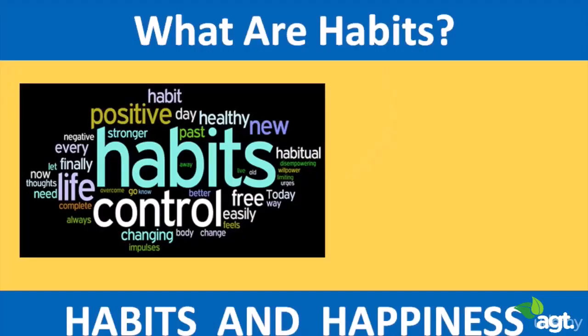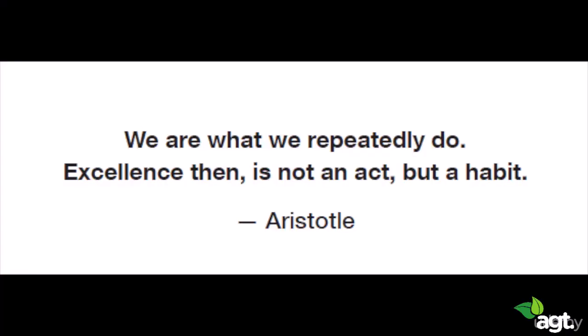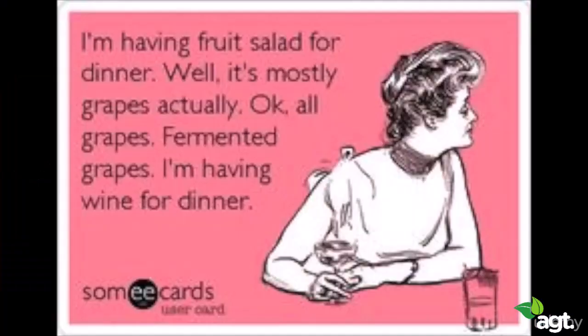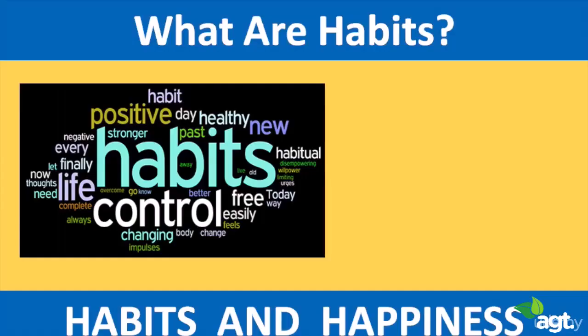So what are habits? Habits are things we do automatically, thoughts we may have, or emotions, believe it or not. And all these things, emotions and thoughts, are performed automatically by our brain. So that leaves us with energy to do things that are important in our life, such as, what are you going to have for dinner tonight? What movie are you going to watch next week? And so on. So habits are performed automatically.